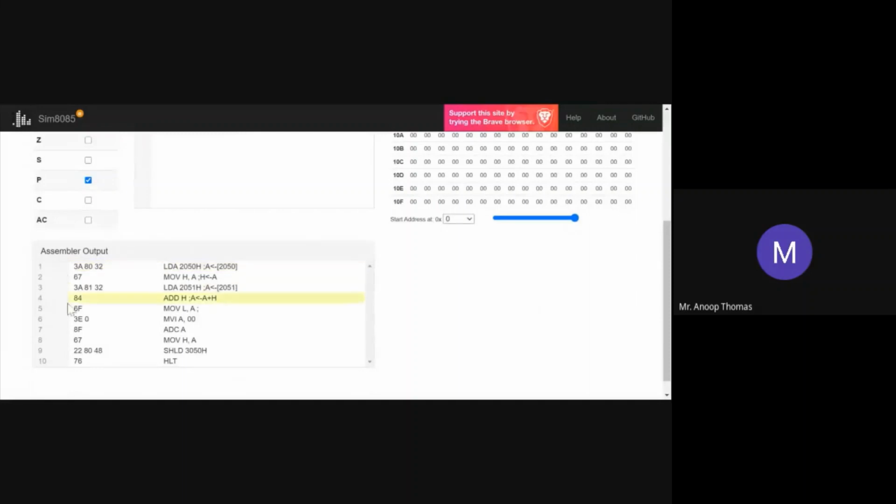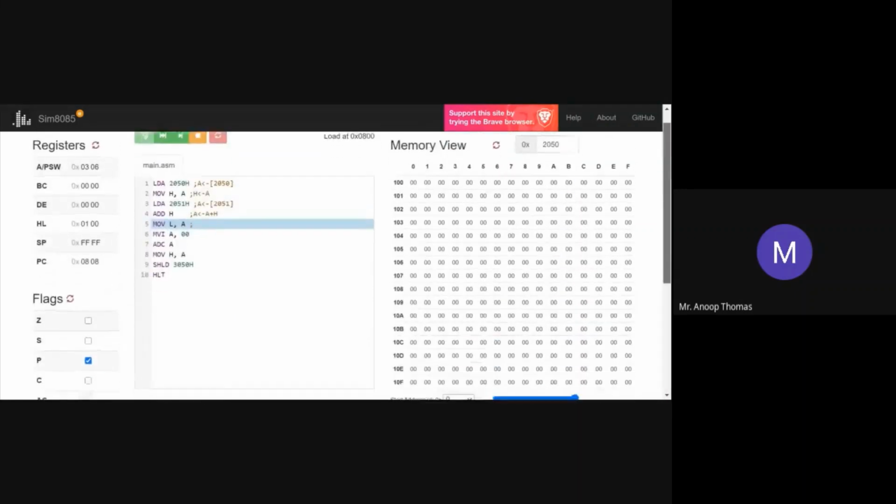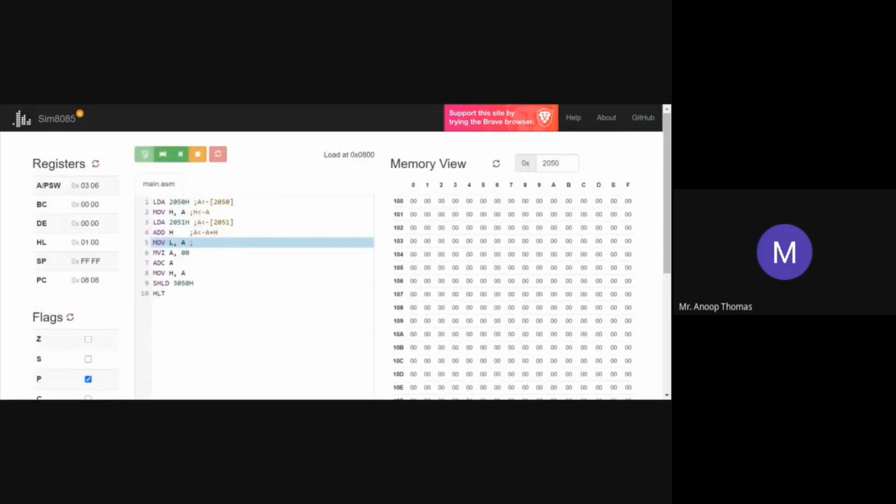Then you have an assembler output being shown here. Each of these instructions will be converted into what will be written here. We'll see how the instructions are converted into different kinds of coding schemes. This is a 3-byte instruction, so it will have a different way of looking into it. We'll see all these things and see how simple programs work. It is not easy to write programs here. We'll see how it works. Let's go through it if you get time and work on this in the next classes.